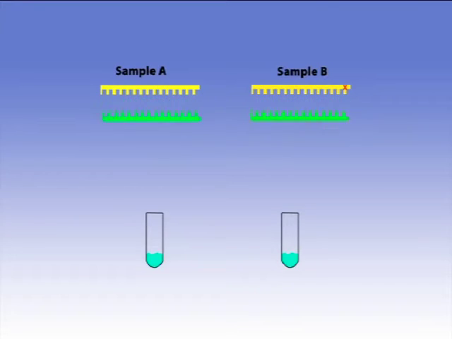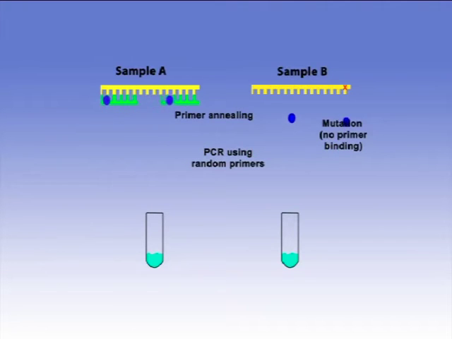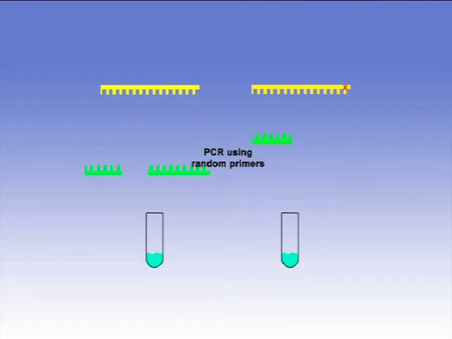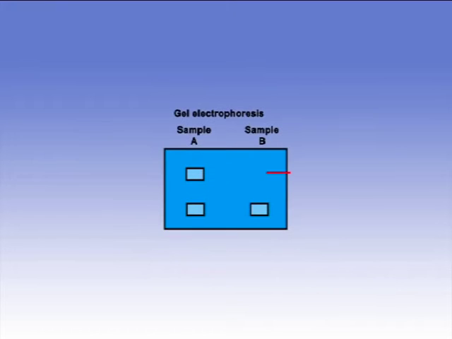This technique involves random amplification of DNA from a sample using an oligonucleotide primer pair. The amplification reaction is carried out at low annealing temperatures. The primers bind several sites on complementary sequences in template genomic DNA and produce discrete DNA products. The amplification product is subjected to gel electrophoresis.